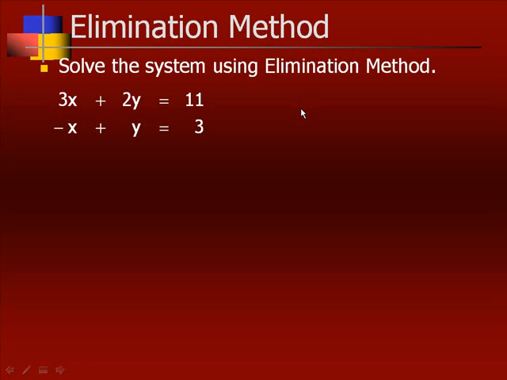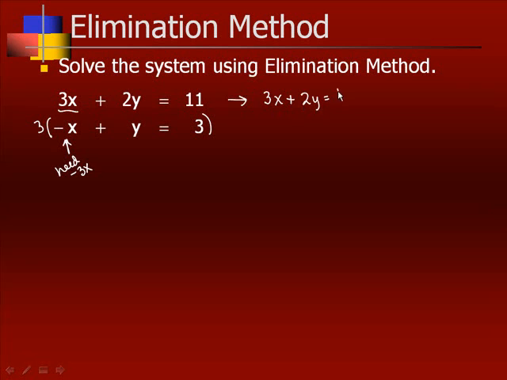Those are not opposites. So our first question is, do we want to try and get opposite x's or opposite y's? And if that confuses you, just always go and get opposite x's. So if this is a 3x, we would need this to be a negative 3x. Well, if we've got the negative x, that means all we need to do is multiply by 3. And when we do that, we do both sides of the equation by 3. So what that gives us is